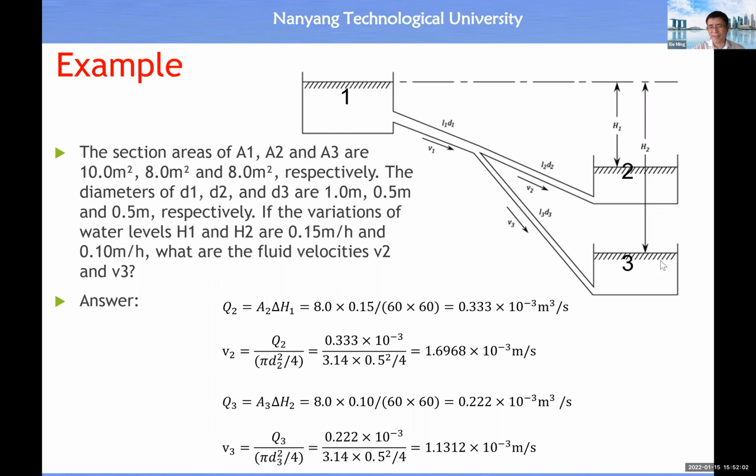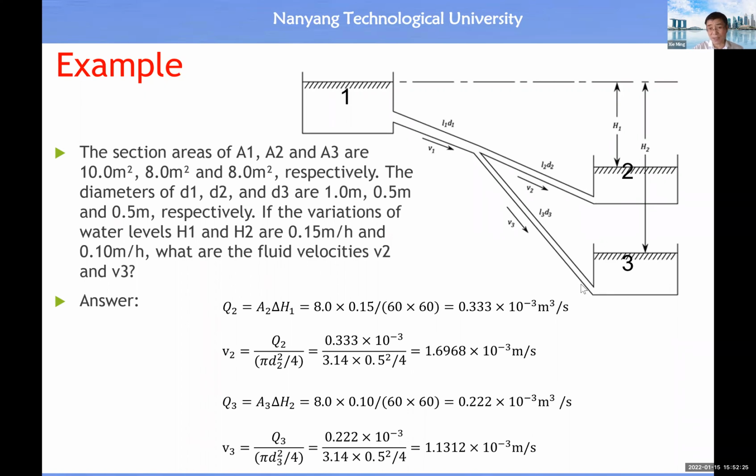So the level increase in tank 3 is this one, okay? Then convert it into seconds, all right? So then you get this volumetric flow rate, okay? And this must be supplied by this inlet here, okay? Then once we know this, this is the volumetric flow rate at this inlet, then this volumetric flow rate